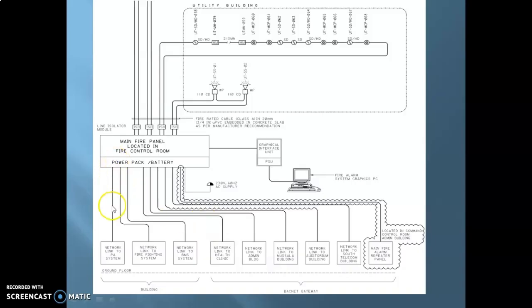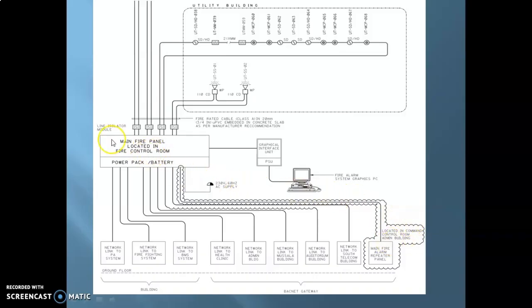At the same time, you can see how this system is connected to the network and linked to the PA system, the firefighting system, and the BMS system. It is also connected to the health clinic, the admin building, and all the other buildings over here, and also its interconnection to the repeater panel.